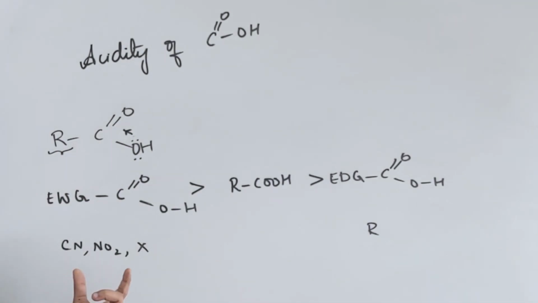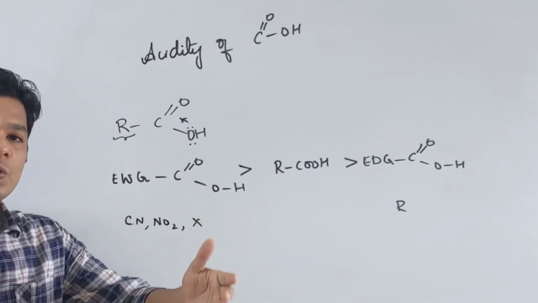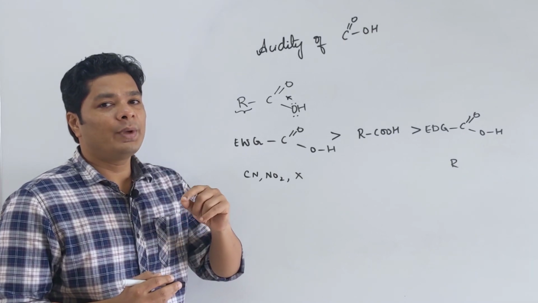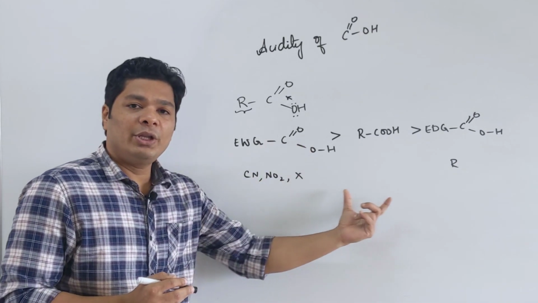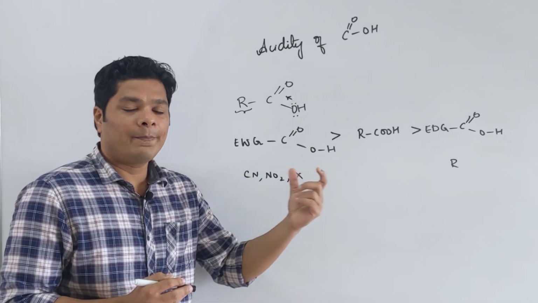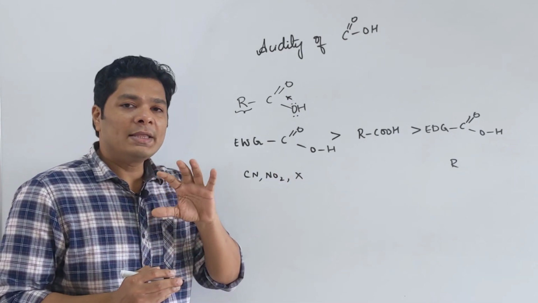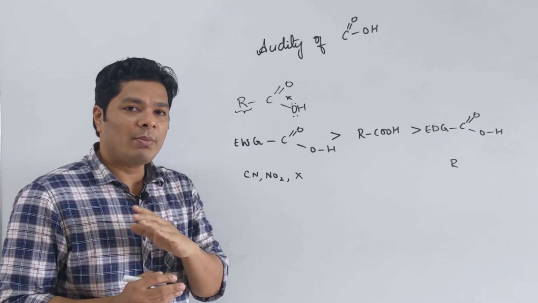Now, you have to remember which is better in terms of minus I, in terms of trend. What if there is more than one X group? What if there are 3 X groups? What if it is fluorine versus chlorine? You need to remember this. It's something where they can ask you in a question, arrange them in the order or which is the most acidic. So, here is a list of things that are given in your CBSE book. This is more than enough, but do not try to memorize the whole trend.